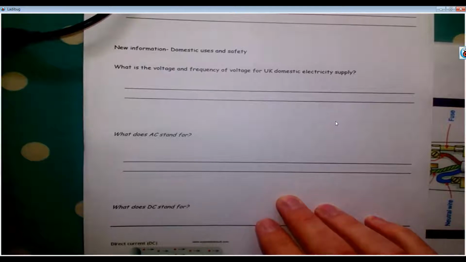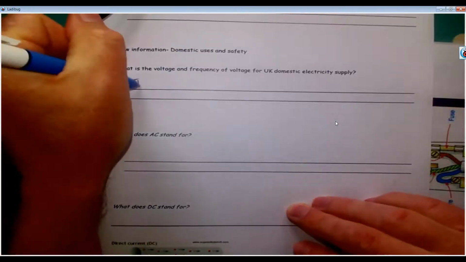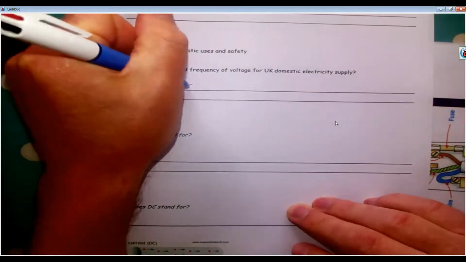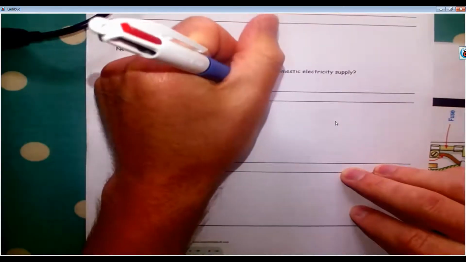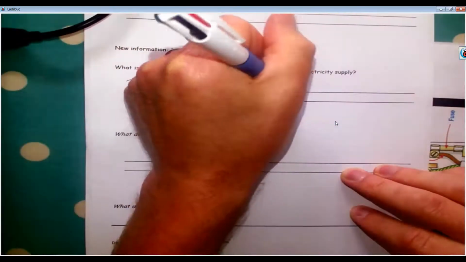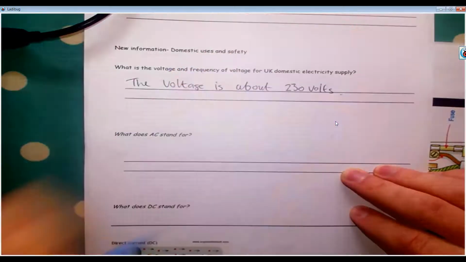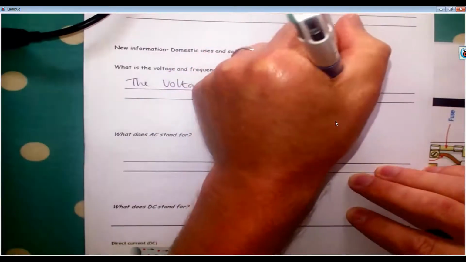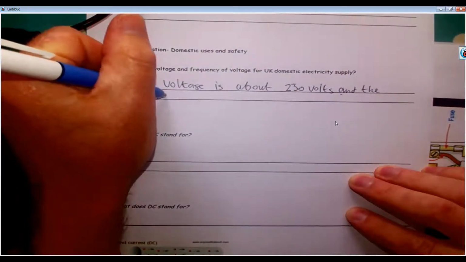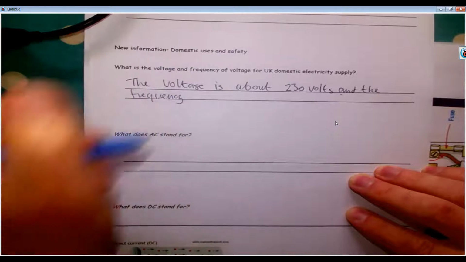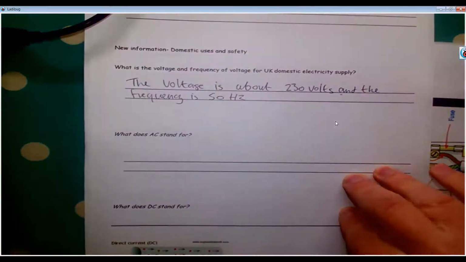It's not for watching only. This is where you have to be proactive as well. So the voltage is about 230 volts, and the frequency is 50 Hz or 50 Hertz,